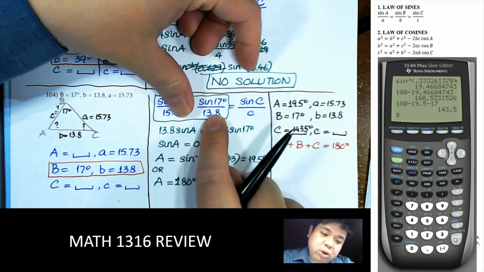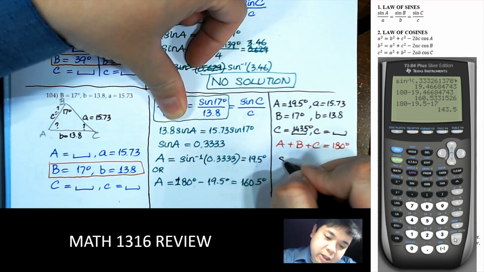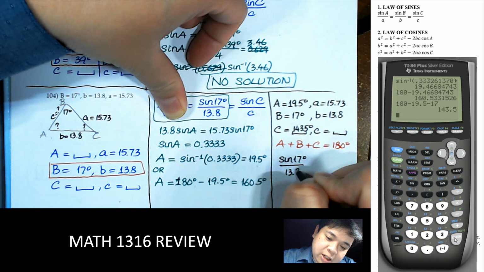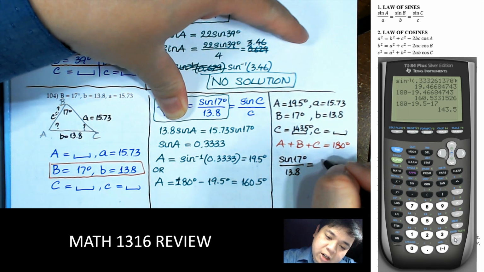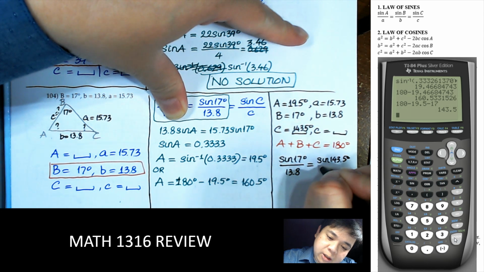Since we know this ratio, so we're not going to use A, we use these two ratios, sine of 17 degrees over 13.8, or sine of 143.5 over